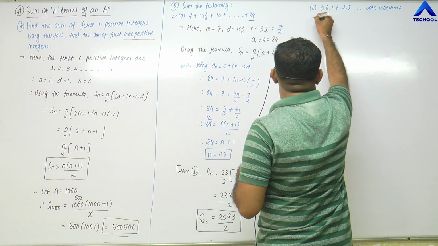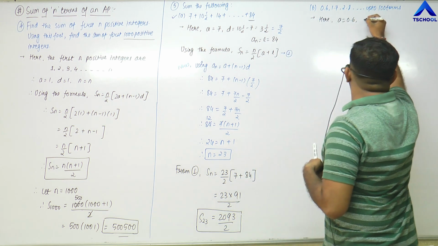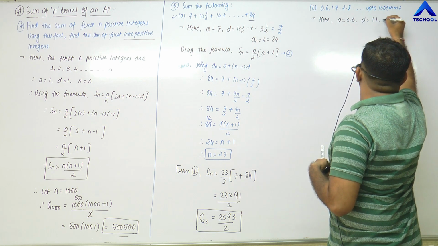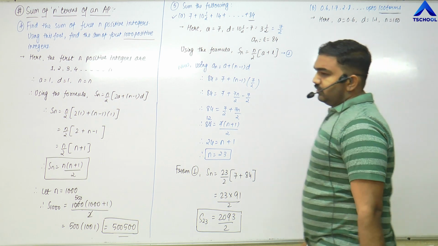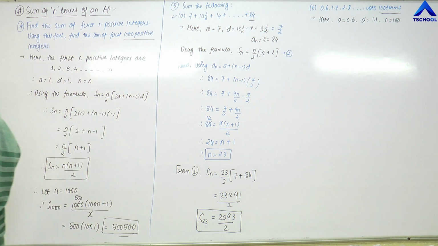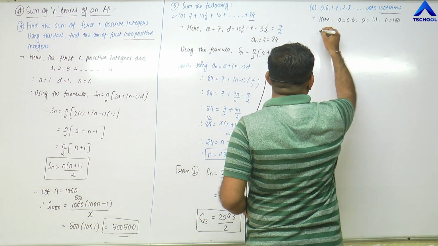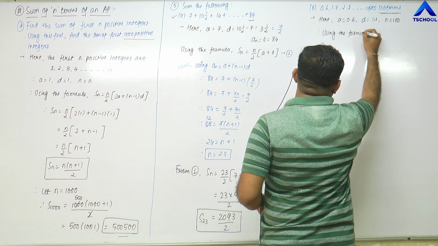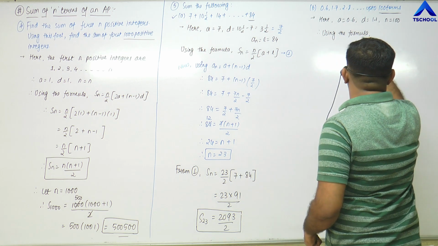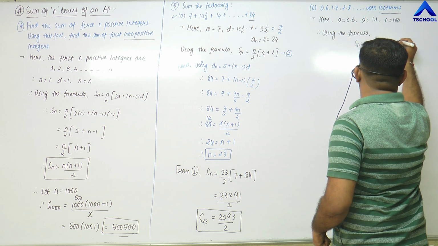So here a, that is 0.6, we know that the difference is equal to 1.1, and n we already know, friends, because it is said up to 100 terms. So in this again you don't need to find the value of n, that is, how many terms there are. You can directly get the number of terms given here. Therefore, using the formula, which formula shall we use? Sn equals n by 2 into 2a plus n minus 1 into d,